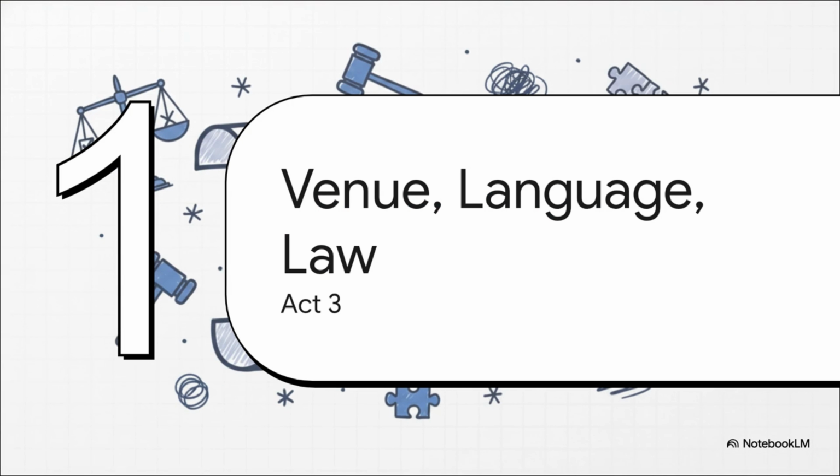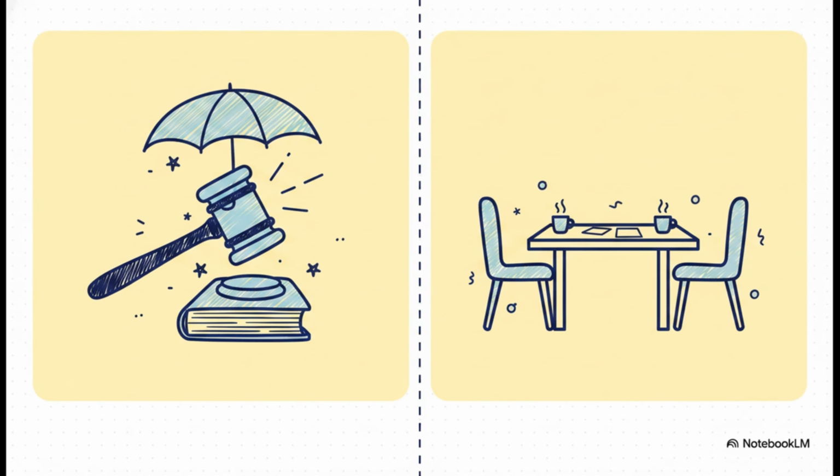All right, on to Act 3, venue, language, arbitrators, and law. Let's see how these pieces fit together. This brings us to a classic everyday mix-up, which is essential element 4. It is so vital to remember that your legal seat could be, say, London, which means English courts are legally supervising the whole process. But your hearing venue, that could just be a convenient conference room somewhere in Kuala Lumpur, right? The seat is this invisible legal concept, whereas the venue is literally just the physical room where you drink coffee, lay out your documents, and actually argue your case.